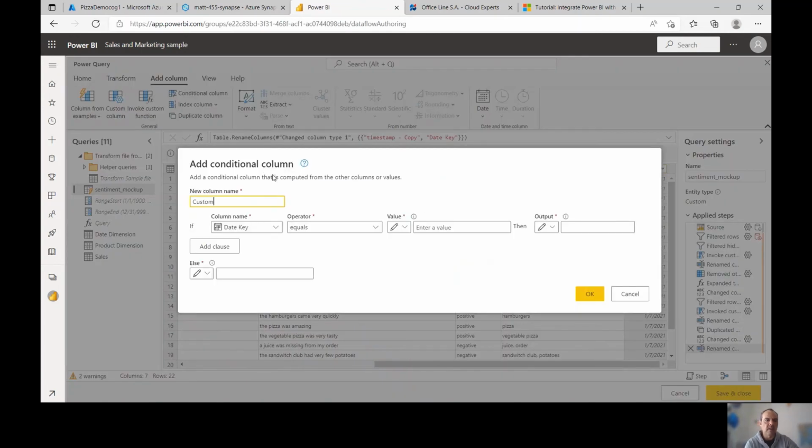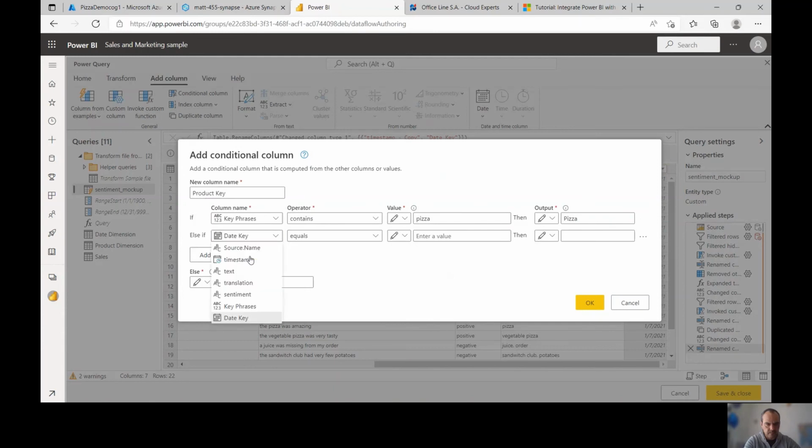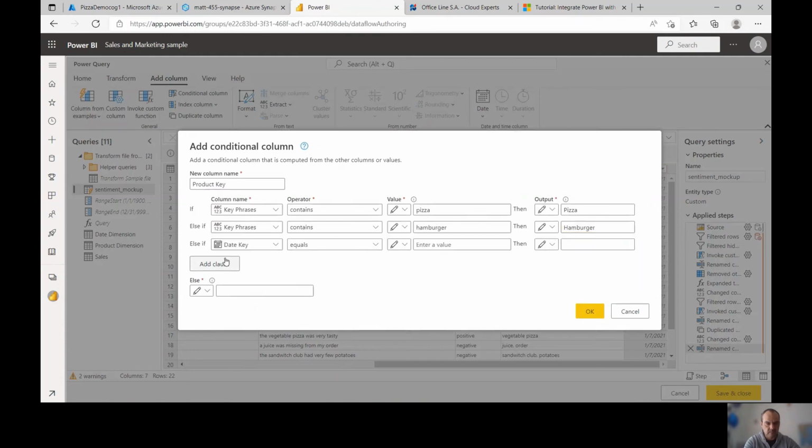So I'm adding a conditional column here. Else it will be blank.